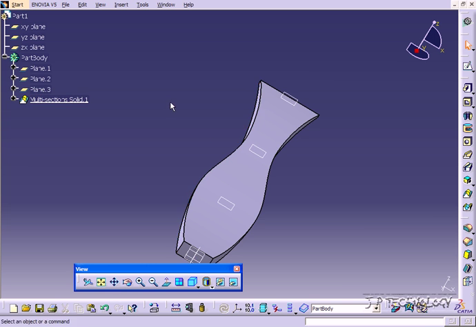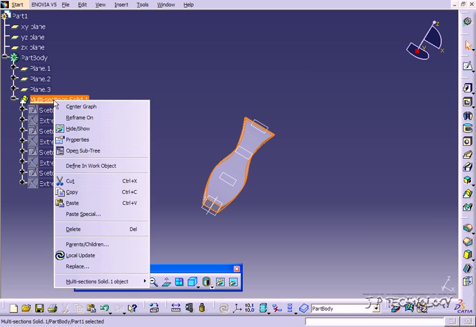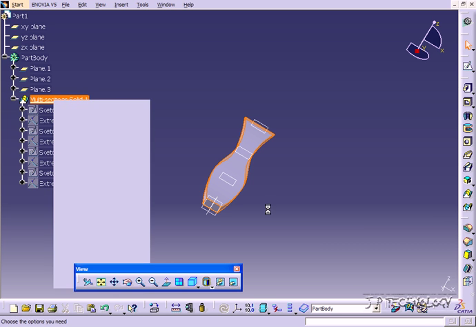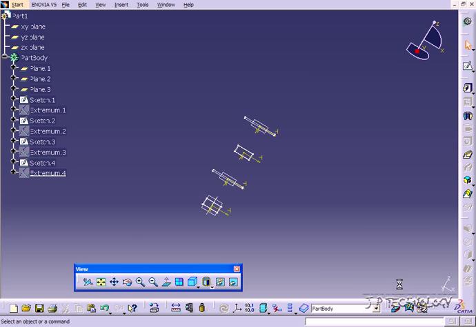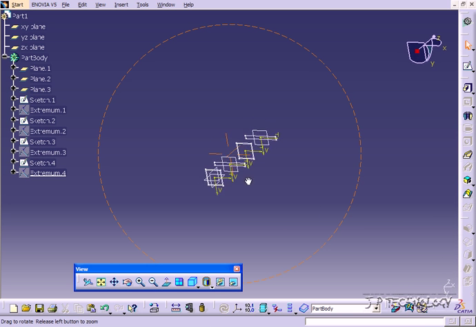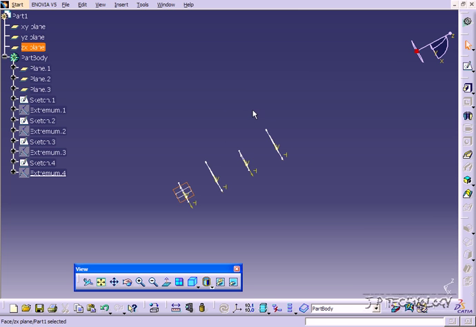going up and around. So to start off, we're going to right click and delete this, and we're going to unselect the aggregated, click OK. So now we're still left with these sketches here. We're going to sketch on this plane here and slowly build all these sections together and give it a different kind of flow and a different curve. So let's click this plane here, click sketch,